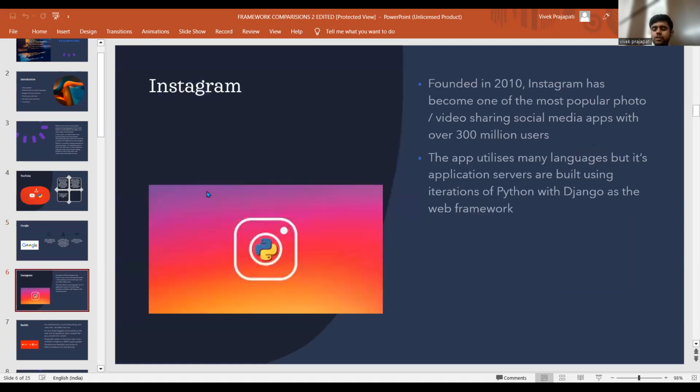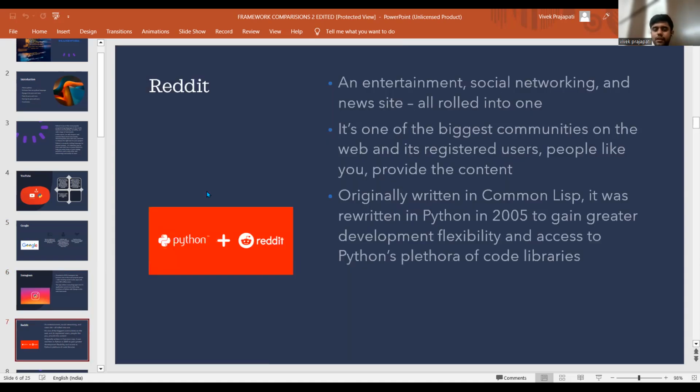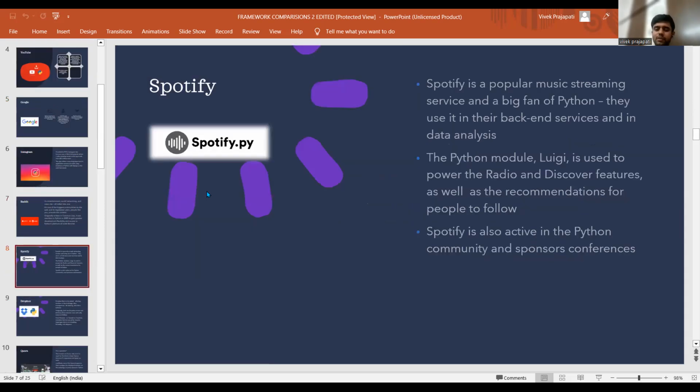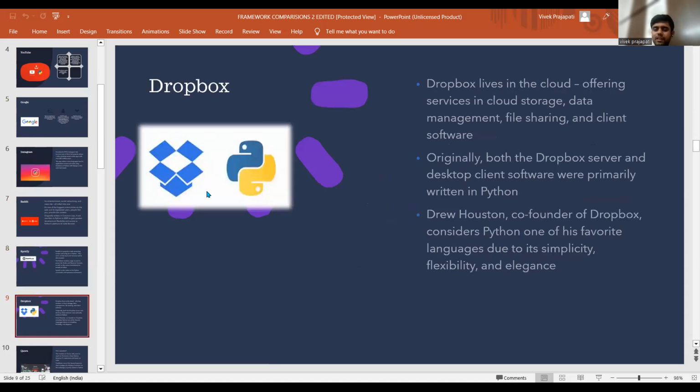Instagram is another big software that uses the Python programming language. It has 3 million users at one time. I think now it is updated to even more than 3 million users. Reddit is another major application that uses Python. Spotify, a music application, uses Python.